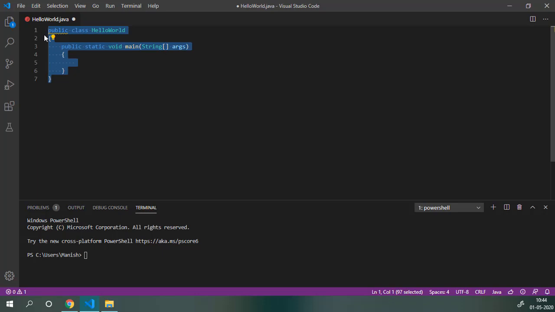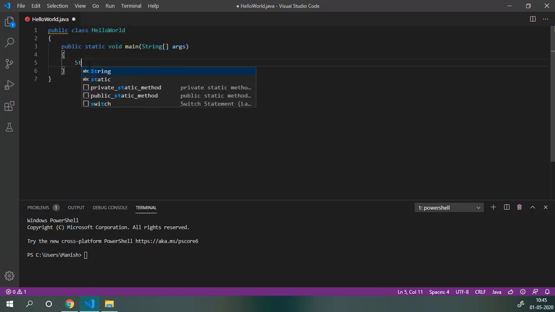Next, we need to code the behavior of this method. So our objective is to print the string Hello World in the command line interface. There is a method println in the out class of the System package which we can use to print something on the command line interface.